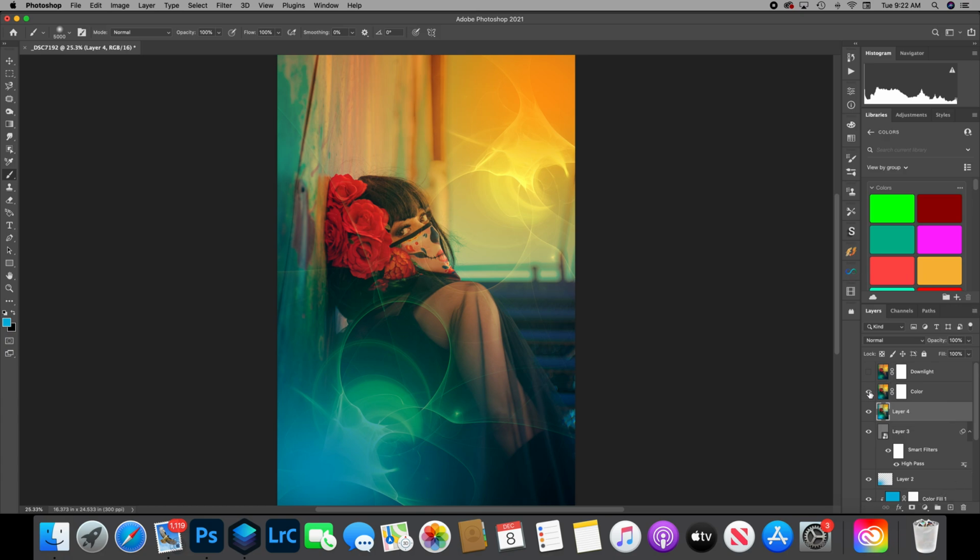This is color, and this is before, and this is downlight, and this is before. Which one do you prefer? Color or downlight? Kind of like downlight better. So let's keep the downlight,